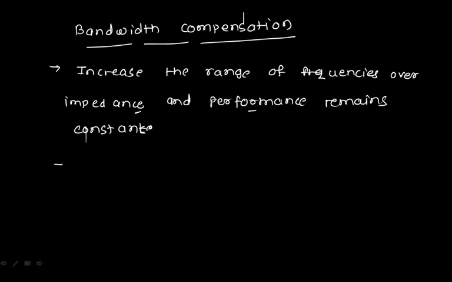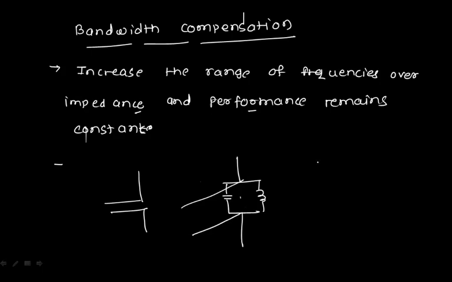Now for a half wave dipole, you are using a simple compensating network. What you are doing here is putting a parallel resonant circuit with your antenna. So if this is your half wave dipole antenna, and you are putting a parallel resonant circuit here, you have this kind of structure. This is my first element, this is my second element. I'll put a resonant circuit over here, and this is the transmission line which I'm connecting. The simple resonant circuit will have a resonance frequency of 1 upon 2 pi root LC.